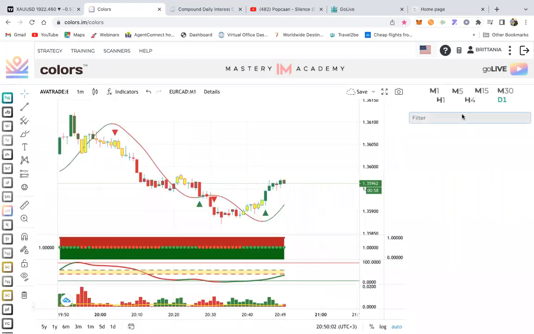If you enter under 15 minutes, can you stay in the trade for a swing? Yes, you can. Whatever time frame you entered on, you can stay in there for as long as you want, as long as the trade is going in your direction and you're either trailing your stop loss or taking your profit when you're happy. All right, let's go back on gold because gold has the retest box.